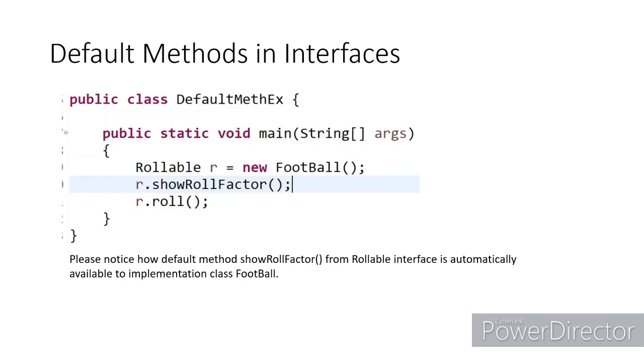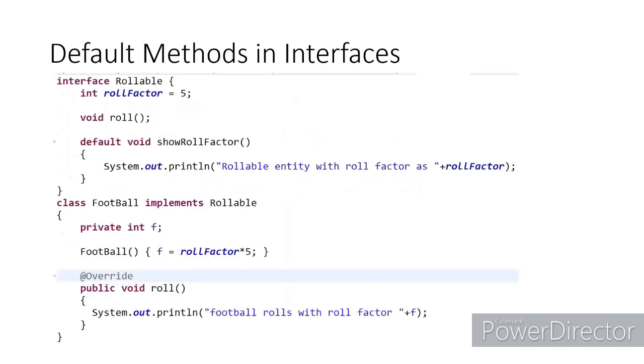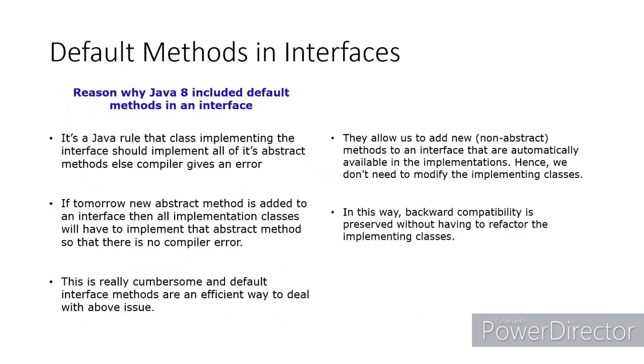So if there is some code out there which is creating an instance of football, I know that my newly added functionality will be automatically available to it. I need not be bothered about how my new functionality will be available in a football, how my new functionality will be available in a tire class. I just know that I added it as a default method in the base interface, and it will be automatically available to all the implementation classes. My implementation class is not going to break because I have added some new functionality in the interface. That much I am sure. So that is what the default method is providing to you.